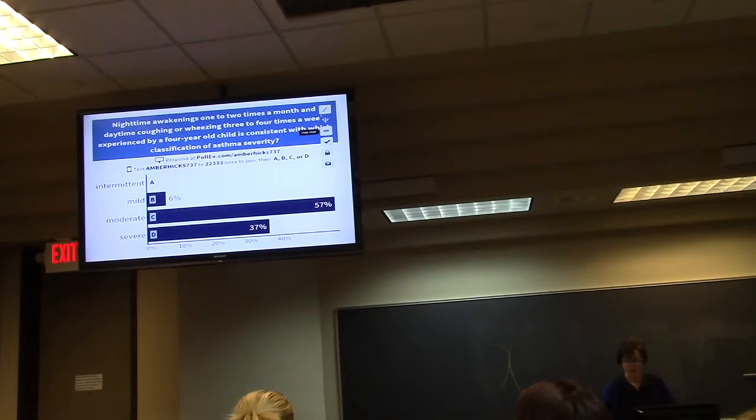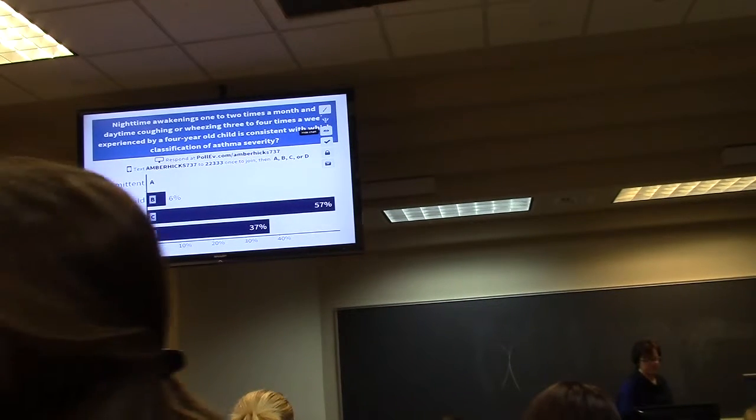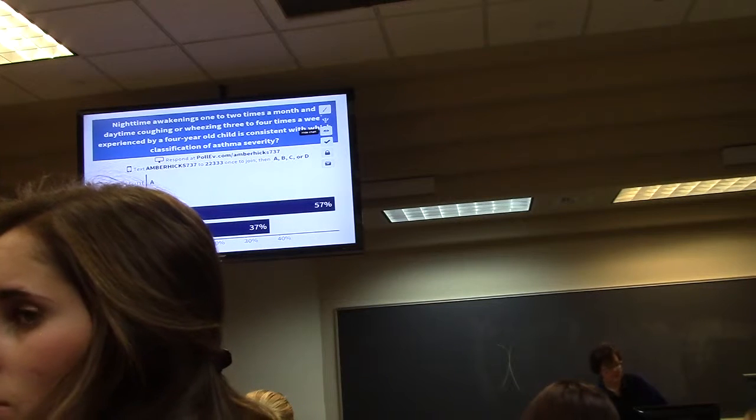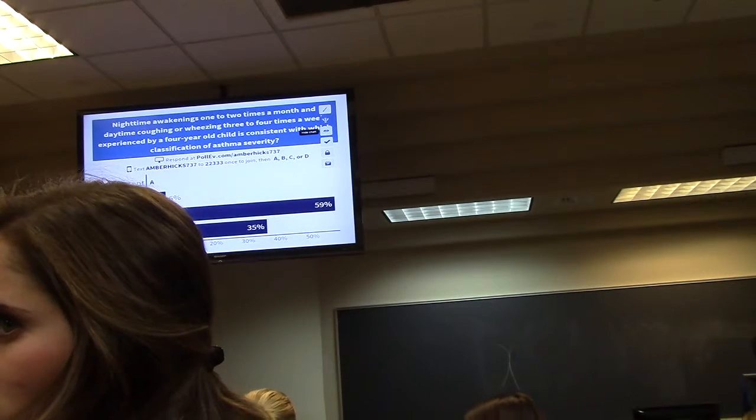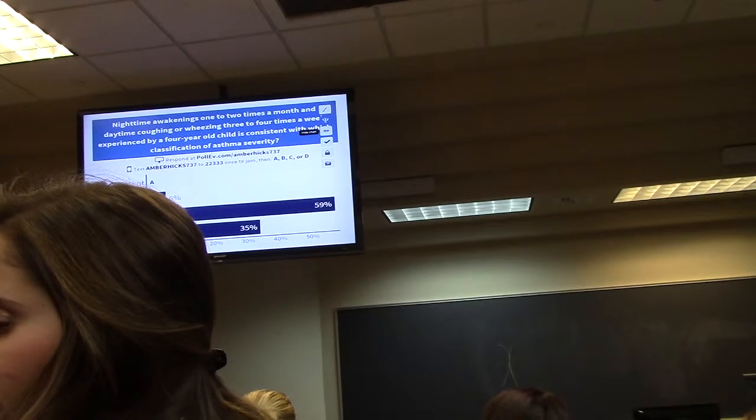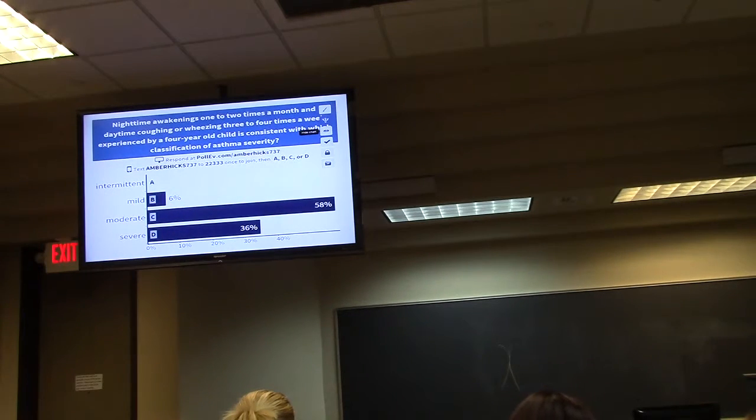So we need them on that chart. It depends on age, because as their airways get bigger, they won't have as many asthma problems. There's a difference between intermittent and persistent. For intermittent, if it's any, then it's considered persistent. But these are things you would need to deal with a lot of asthma, and if you're in a family practice, if you see children, you will see a lot of asthma, okay?